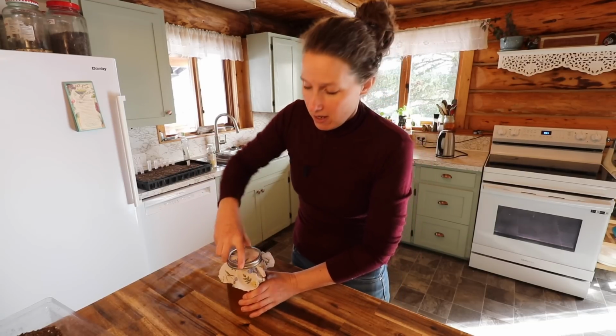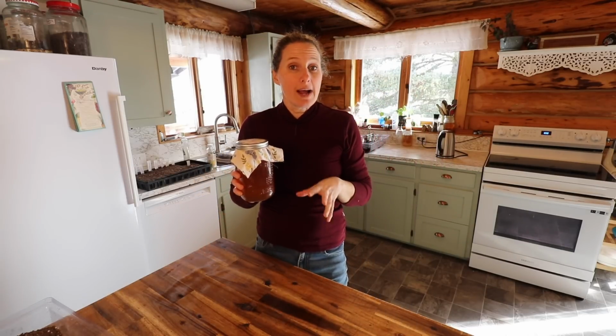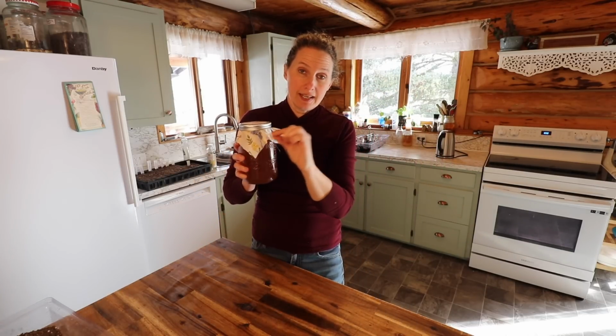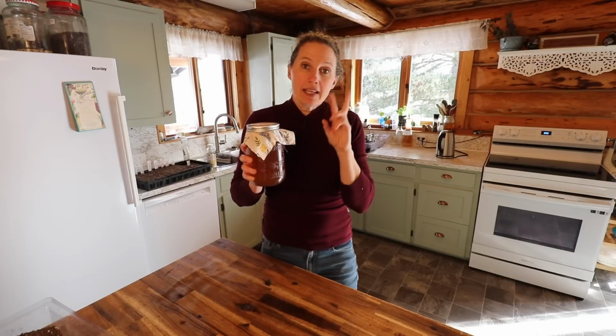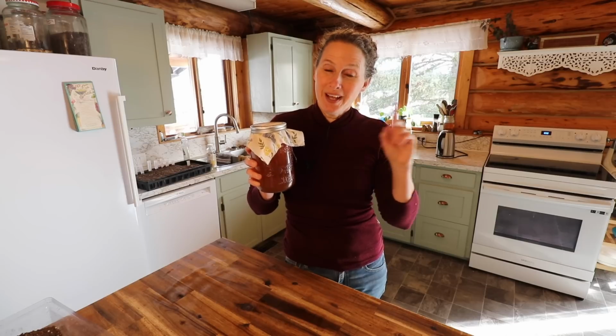Okay, so we're going to put a ring on. So we're going to take this jar and put it somewhere for around a week. And at that point, you should see a SCOBY start to form. Give it 2 weeks for the SCOBY to get nice and big, and I will show you the next steps